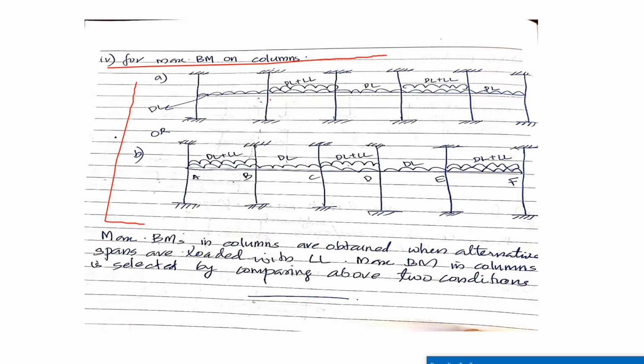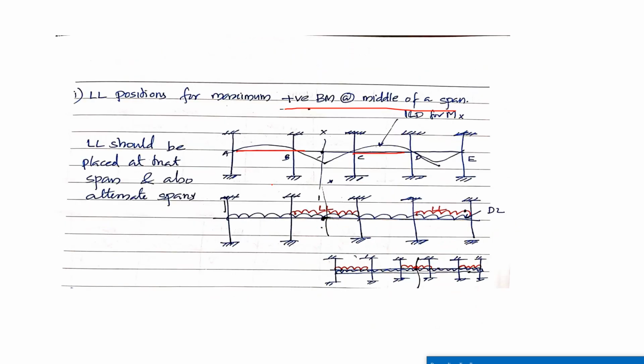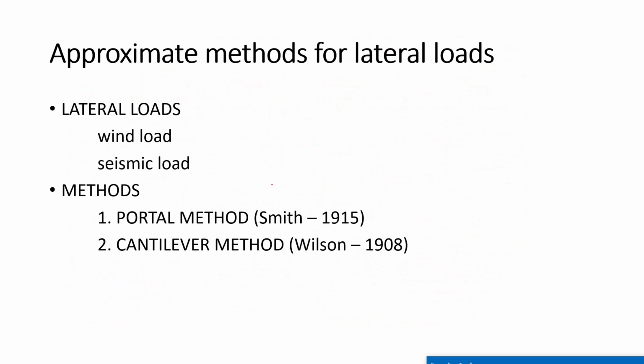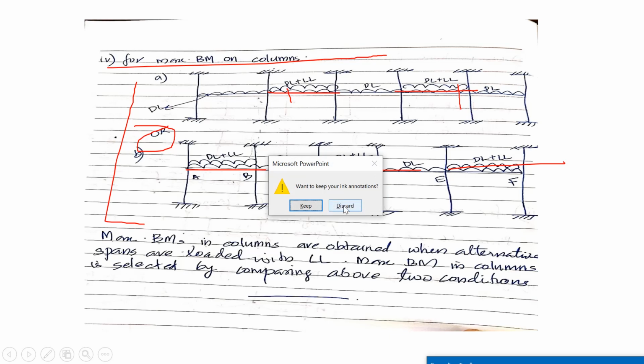If you are placing the load on this span and this span, in the next case you have to place it on A, B, C, D and E, F. In this case, you can place the load on B, C and D. Like that, you have to try all the alternate options and find the bending moment for the least. Since there are 2 choices to do, usually for university examinations, any of these 3 can be expected: 1, 2 or 3. And for problems of this part, I'll share some KTU notes for you.